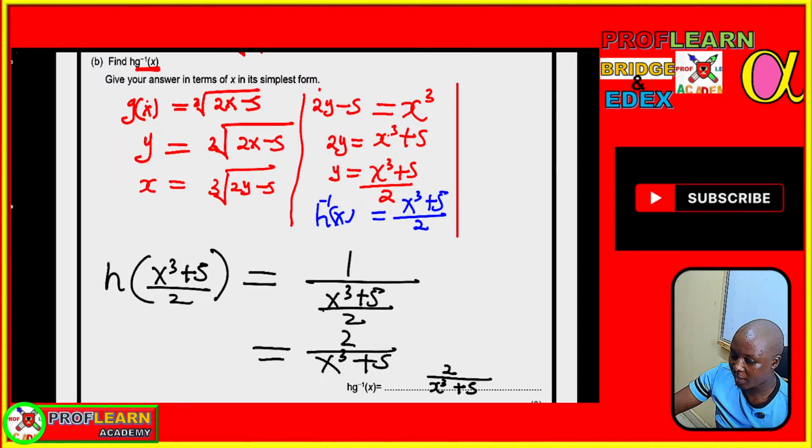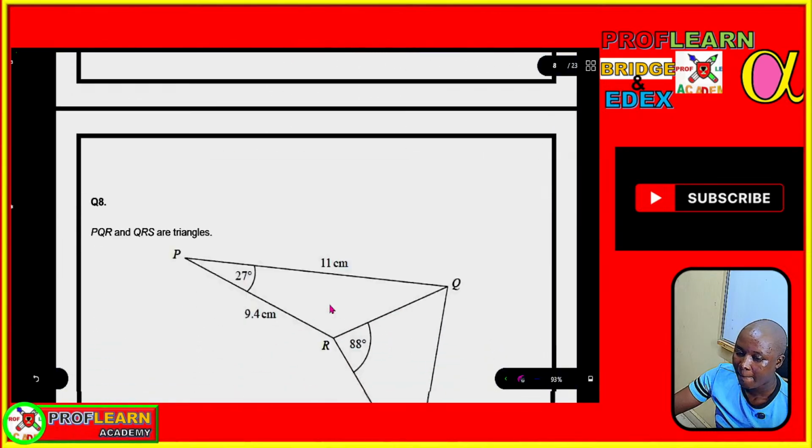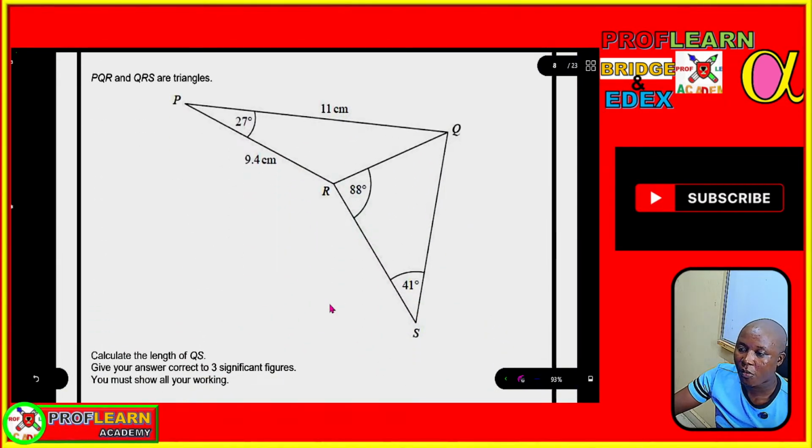All right, so we can now proceed to the next part of the question. We are going to work out missing parts. You are supposed to calculate the length QS. This is the length QS. I can call it x here. Let me start by calling this x so that we can find it fast. So for me to find the value of x here, this length here,